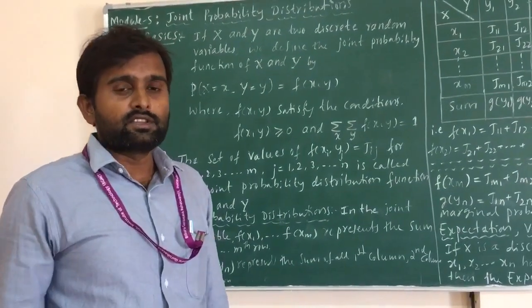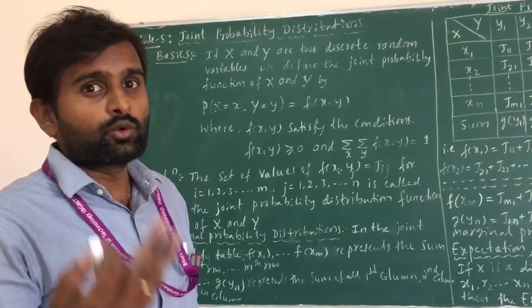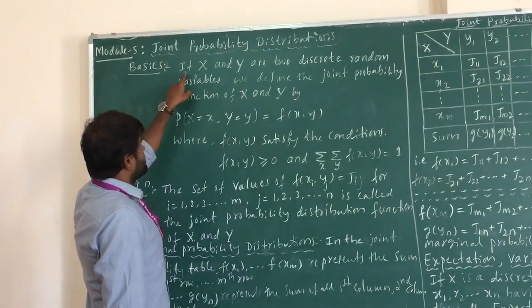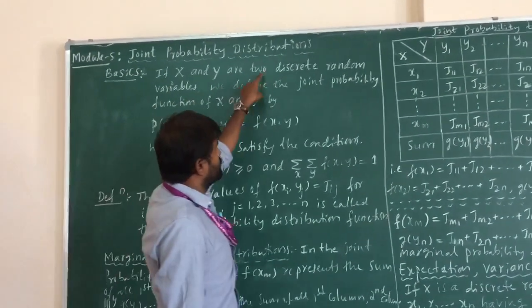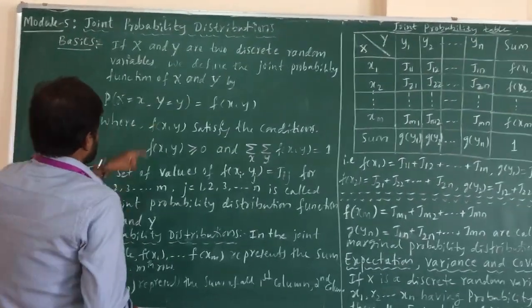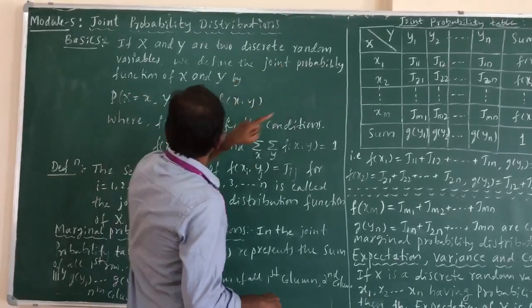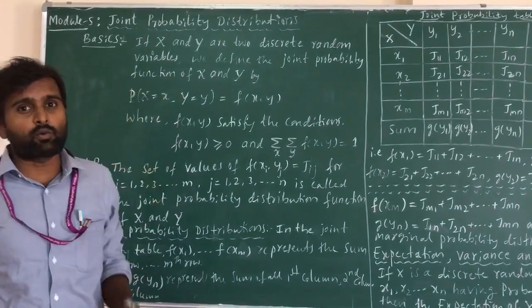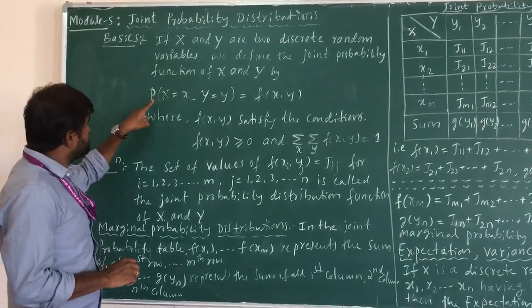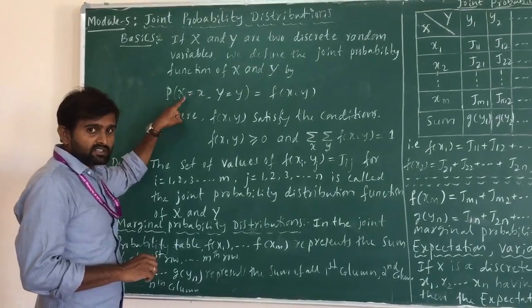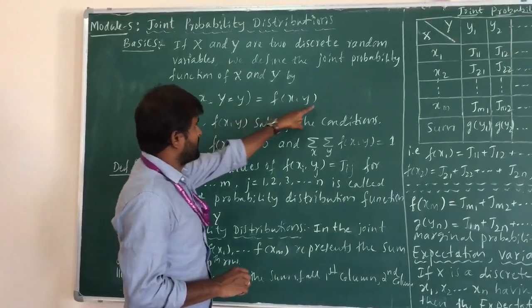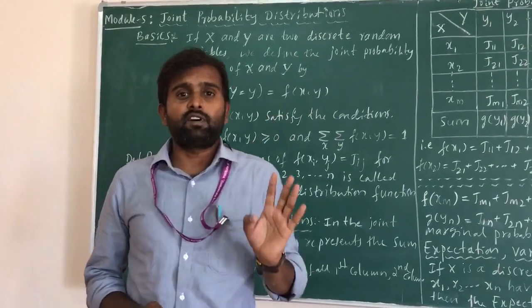Similarly, if you have two random variables x and y, here we are defining, if x and y are two discrete random variables, we define the joint probability function of x and y as P of X equal to capital X, comma capital Y equal to small y, or you are representing it as a function f of x comma y,